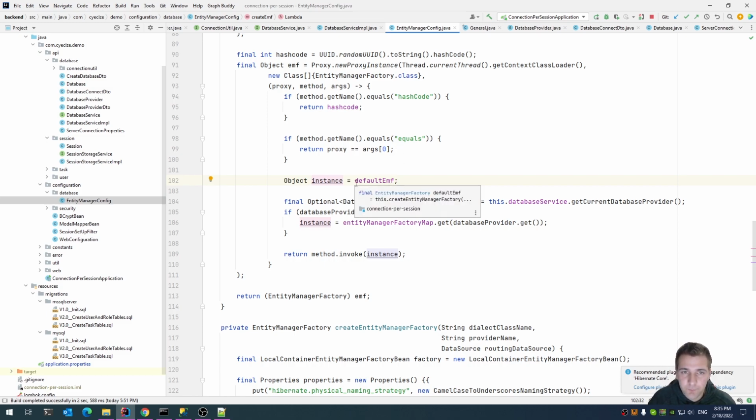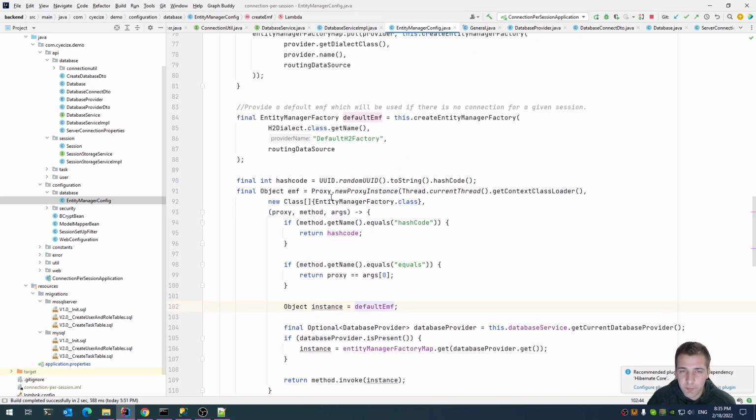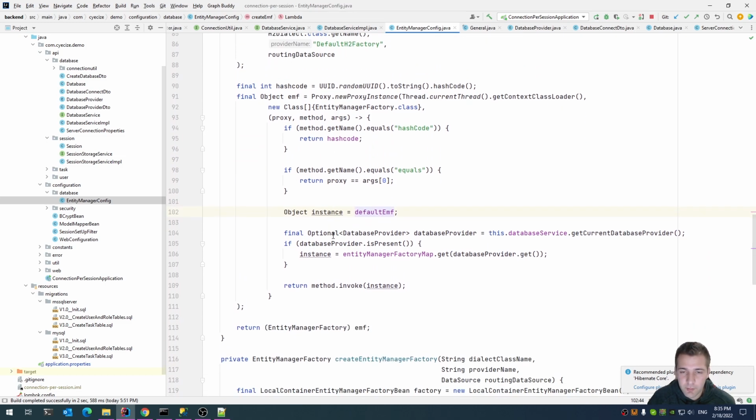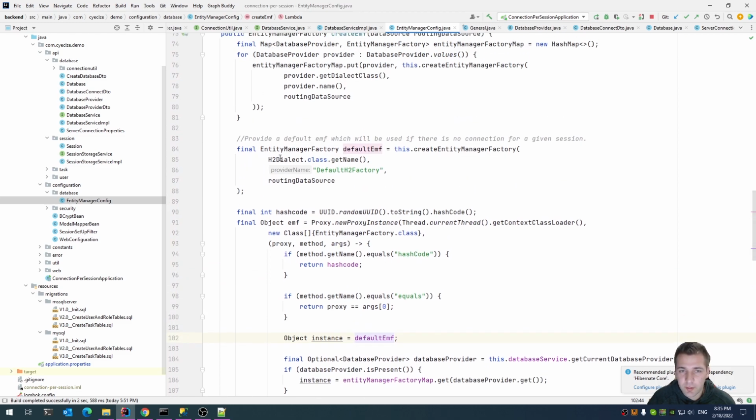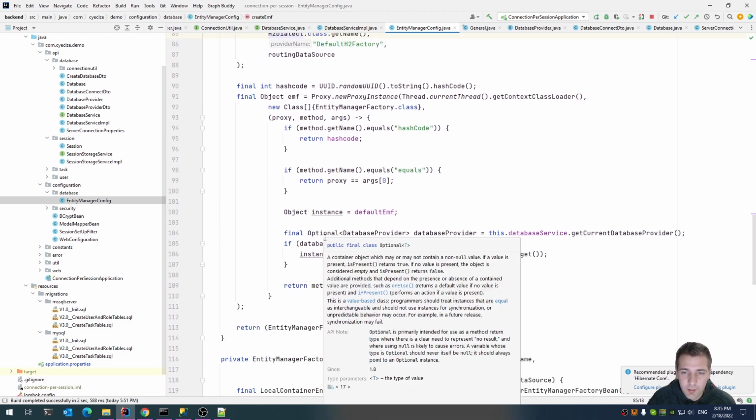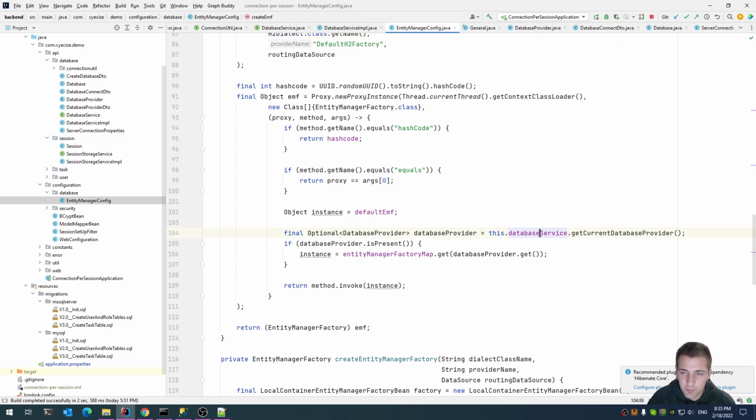So by default, the default entity manager factory is used, so the one with the H2 database connection, H2 database dialect, I'm sorry. And here we again check the database service to get the current database provider, and the logic here